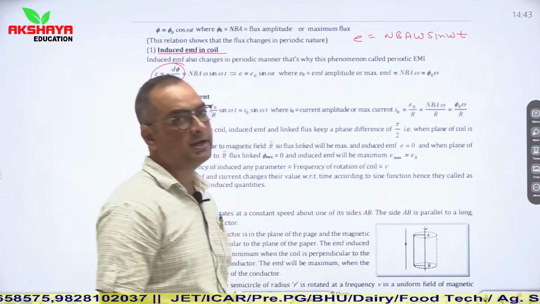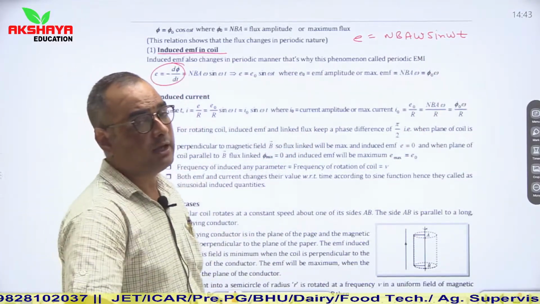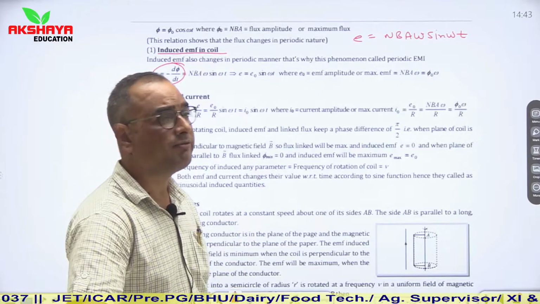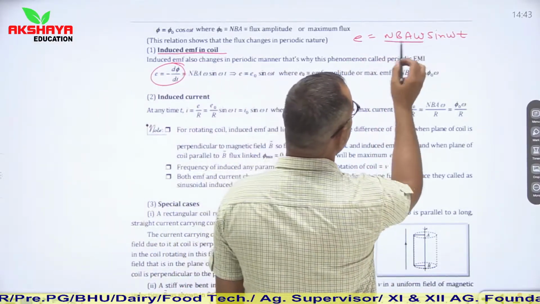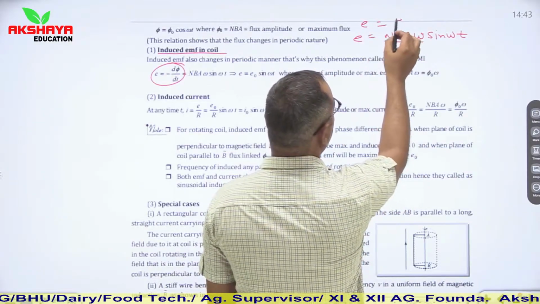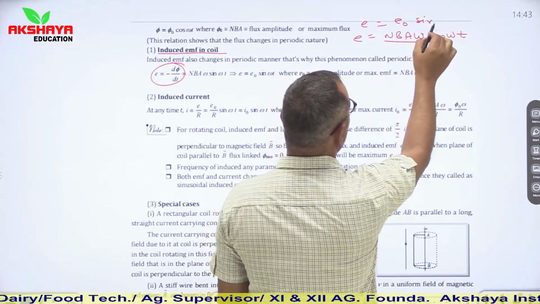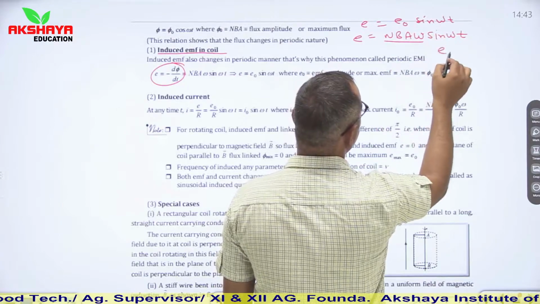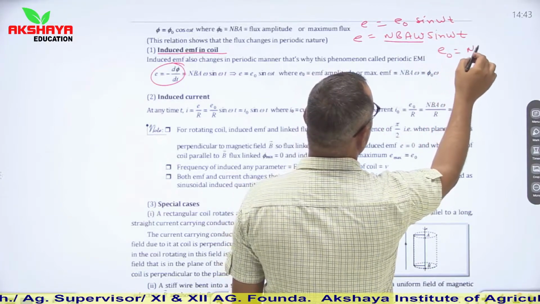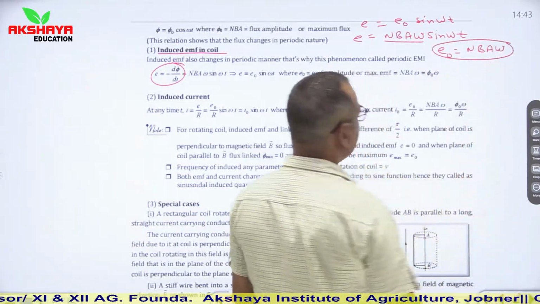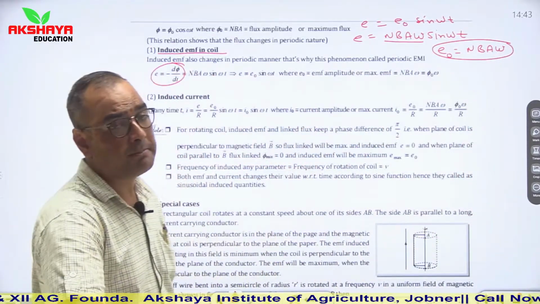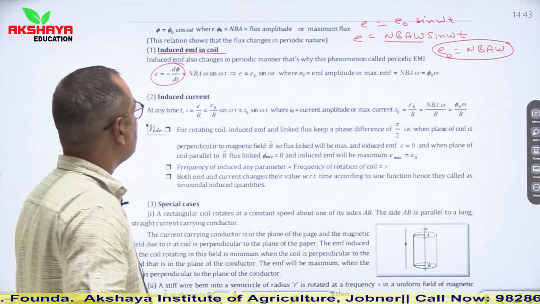E is equal to NBA omega sin omega t. If we have to calculate maximum induced EMF, then we can compare this equation with E is equal to E naught sin omega t. So maximum induced EMF is equal to NBA omega. This is the value of maximum induced EMF. Similarly,